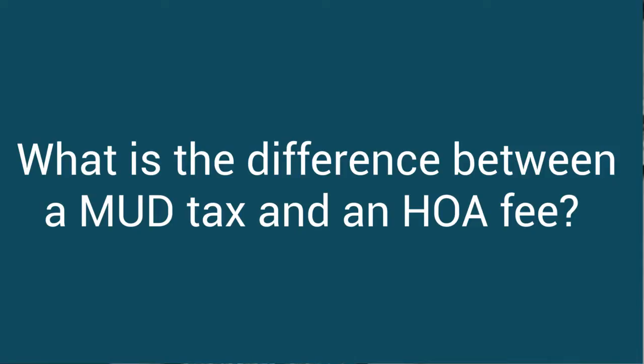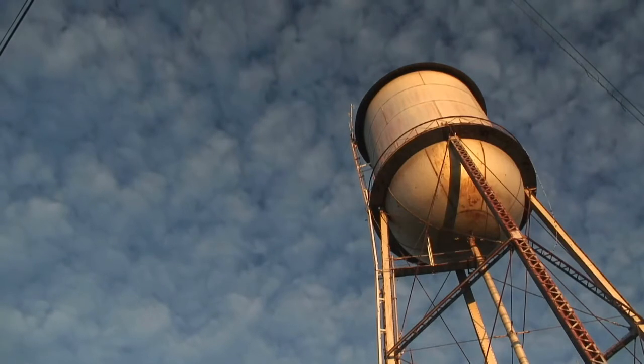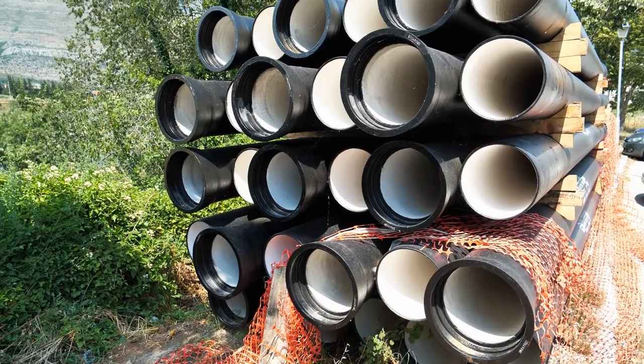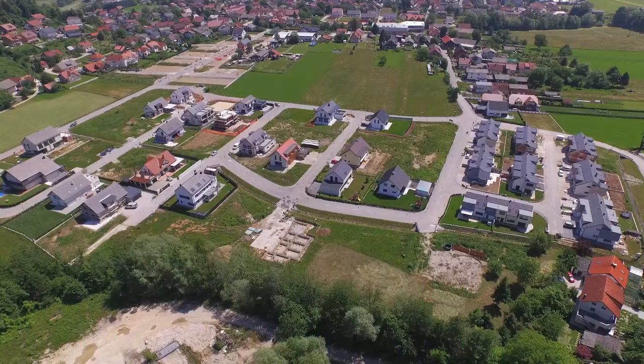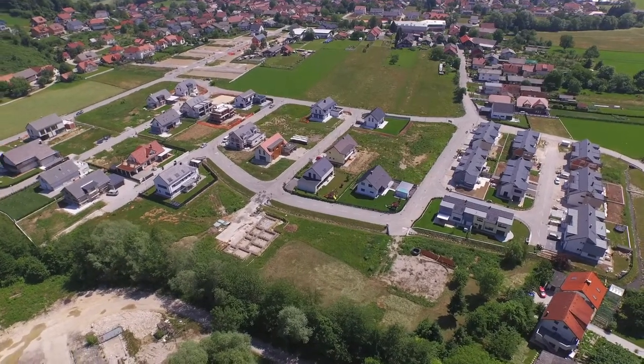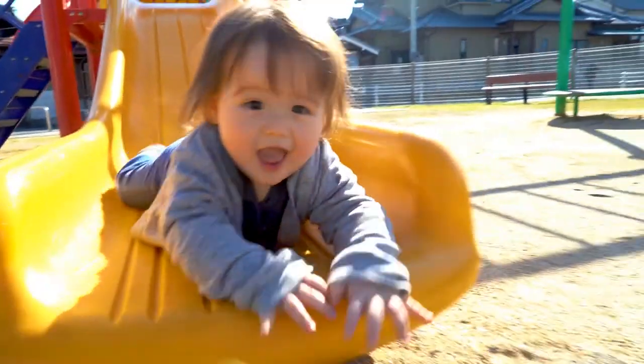What is the difference between MUD tax and HOA fees? They work together within the community, but they often have different responsibilities. MUD is a government entity regulated by the Texas Commission on Environmental Quality and oversees the general maintenance and infrastructure of the water and sewage and the buildings. The HOA, on the other hand, creates and enforces deed restrictions that the community operates under and oversees within the community. The events and the upkeep of the neighborhood are the responsibility of the HOA. Again, every neighborhood is different and they should be able to provide you a list of responsibilities for each entity.